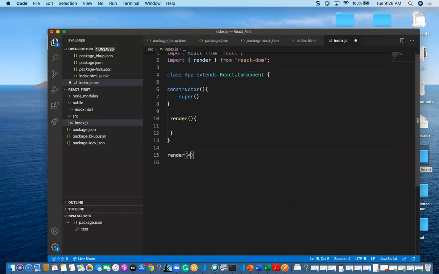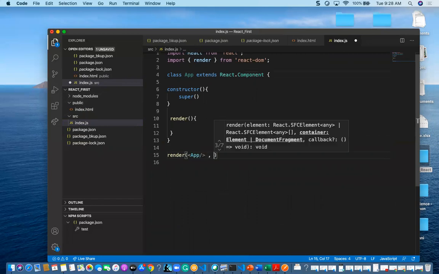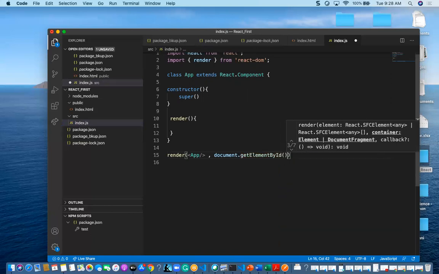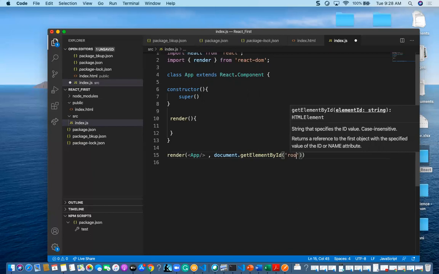So this render is the one which will take the app, and I am going to use here document.getElementById. I am going to give here root.